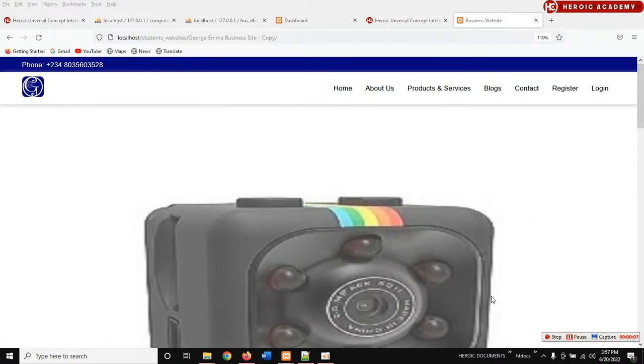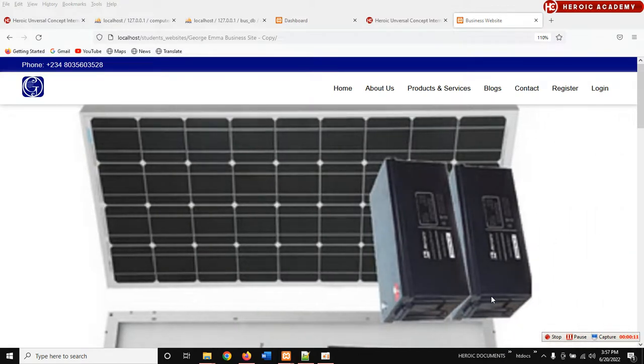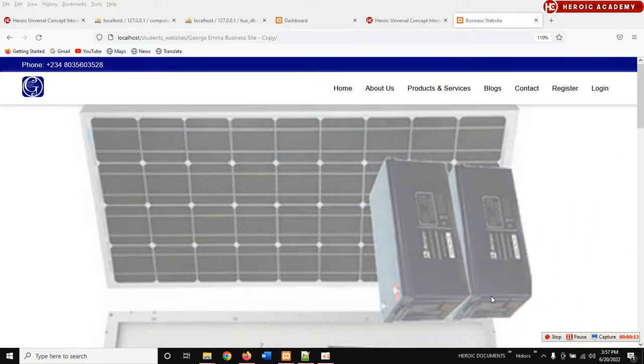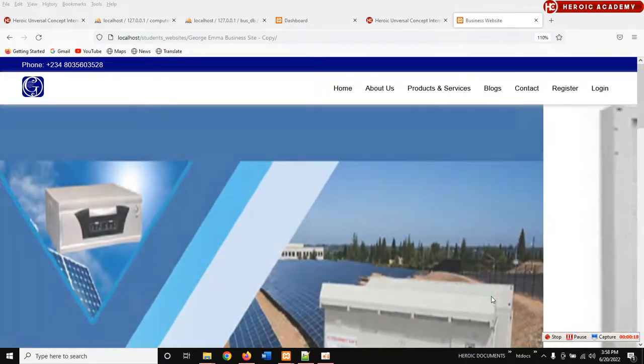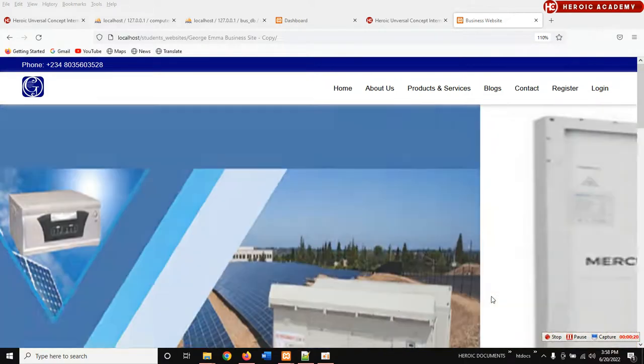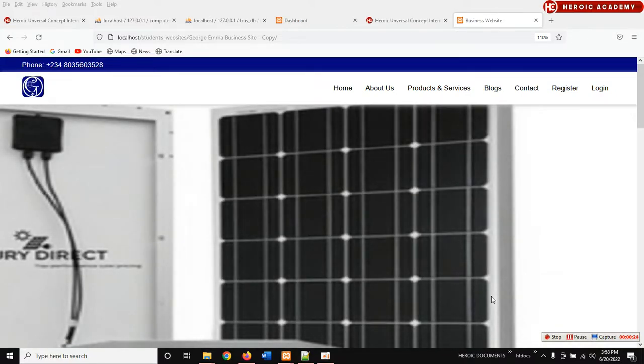I want to quickly look into the issue one of my students is going through, George Emmanuel. He's having an issue on edit profile. So George, before I start looking into your case, I want to advise you, whenever you're working